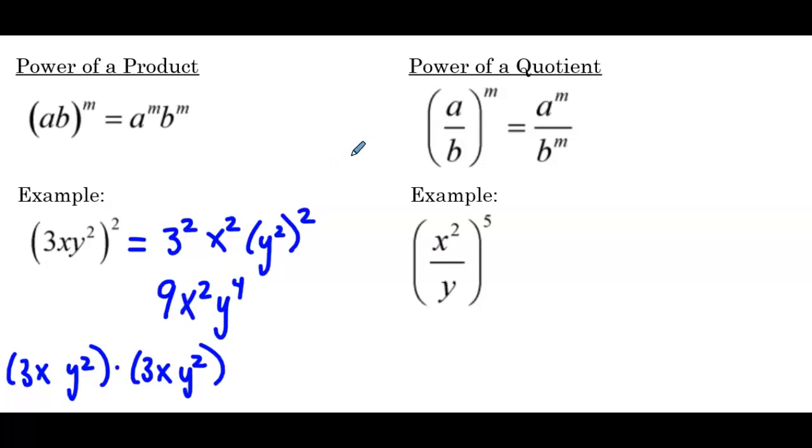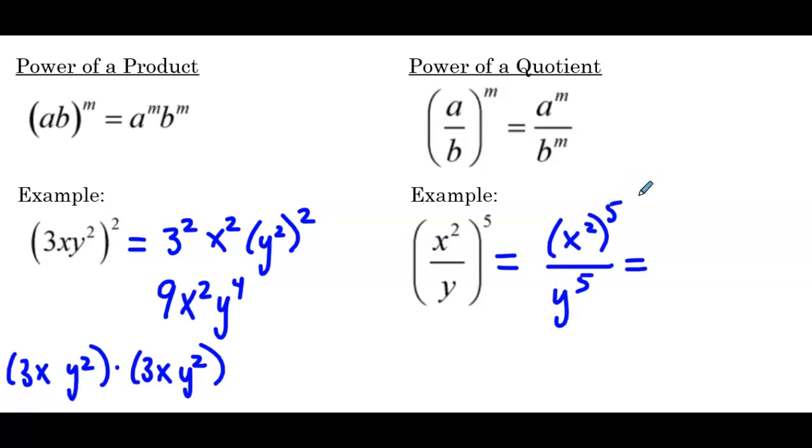Now the power of a quotient, so if we have a divided by b, that whole quantity raised to the m power, that simplifies to be a to the m over b to the m. So again, we distribute that exponent to each part of our expression. So in our example, we have x squared over y raised to the 5th. So that's going to be x squared to the 5th over y to the 5th, which fully simplified, we have